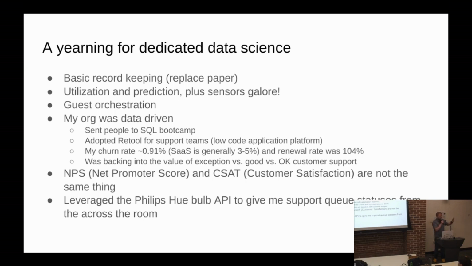Continuing with the tech stuff, I love the Philips Hue LED lights because they have a gateway and an API interface. I connected them to our support tooling. I replaced the bulbs in some of our hanging lights above my desk, and they would change color to tell me the queue pressure on our support tools, so when I'm on the general floor I could see it across the room without logging into the dashboards and stuff. That was